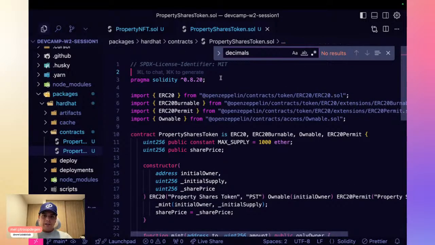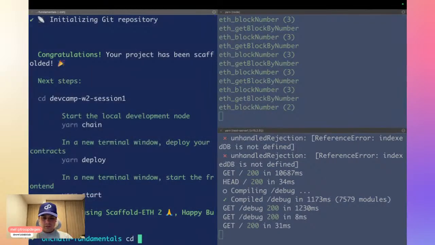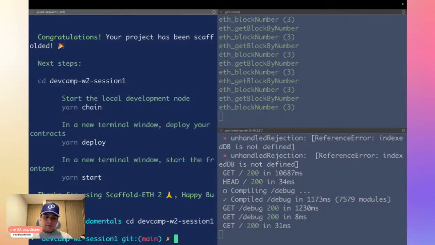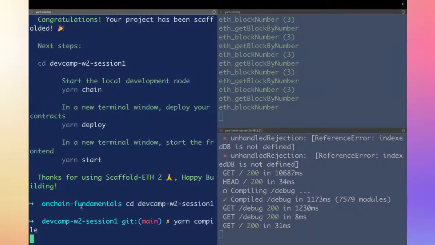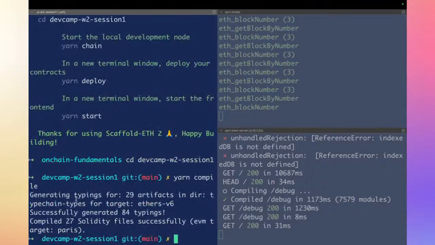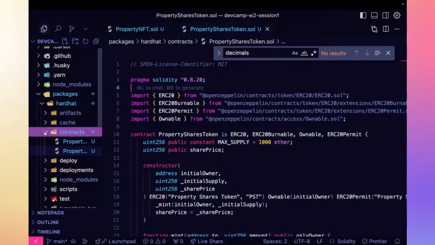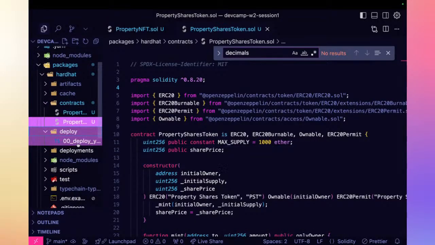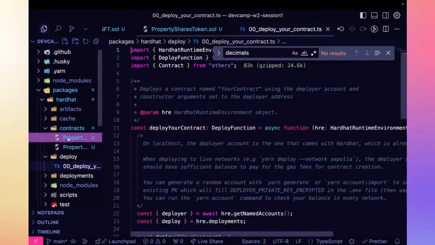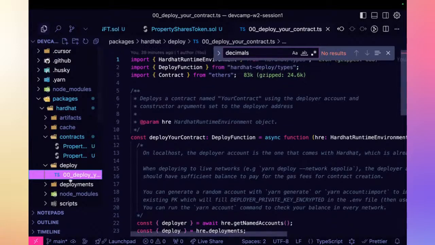Okay, so we have these two tokens, and first let's deploy them. We can compile them first, to make sure that everything in our code is correct. The code is working, and now just a couple of things that we need. Remember, when we want to deploy our contracts, we need to use the deploy script inside the Hardhat deploy folder, called 00_deploy_your_contract.